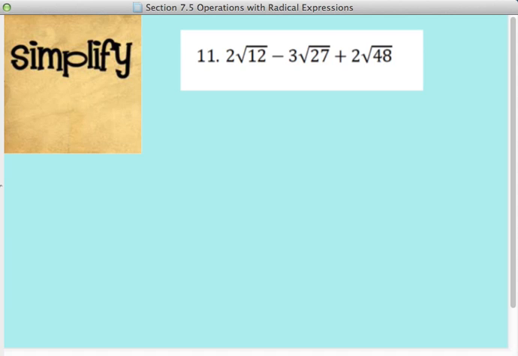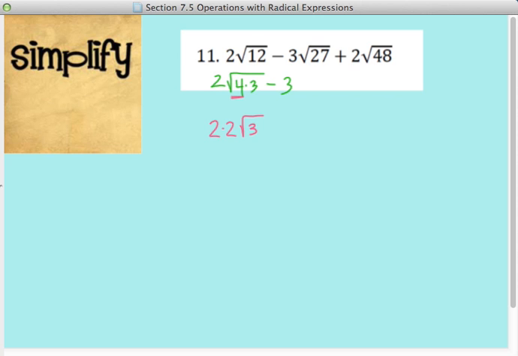So let's look at an example. Number 11. I see this and I think, oh, I can't add any of them because none of them are the same, but you can simplify. I would say, well, what's my perfect square in 12? 4 times 3. And here's a little trick that I use. I know that when I take the square root of 4, it is 2, so I'm going to have 2 times 2